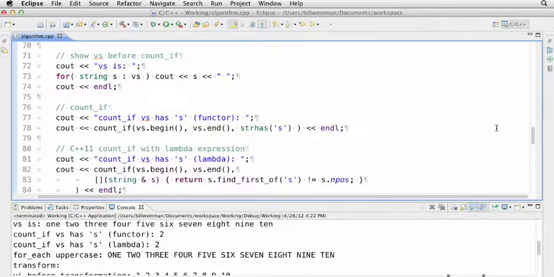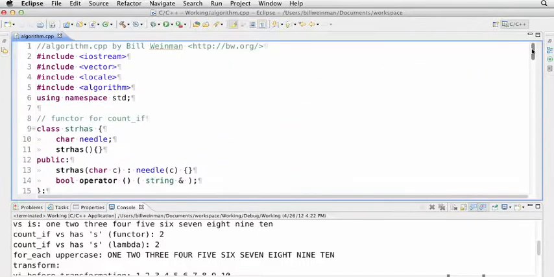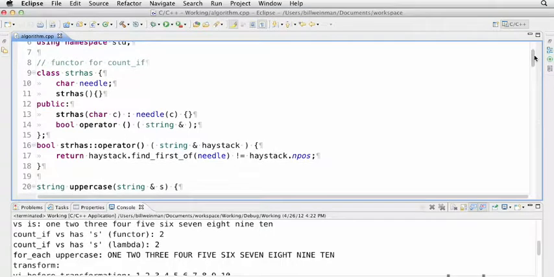Here we have this functor at the top. Just bear with me for a moment because this is actually a whole lot more fun than it looks like. Here we have a class called strHas. It checks to see if a string has a particular character in it. And so there's a character that I call needle and a string that I call haystack. We have a constructor that takes a character and initializes the needle to that character. And then we overload the function operator you see on line 16. It's declared on line 14 and it's defined on line 16. And it's a simple function that takes a string called haystack, and it calls the string method findFirstOf with needle